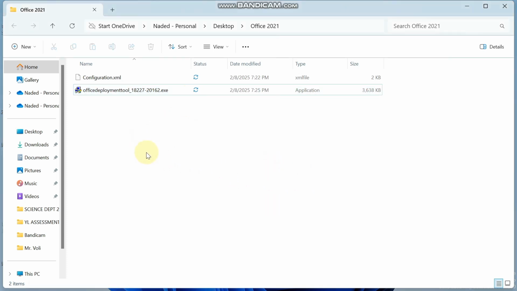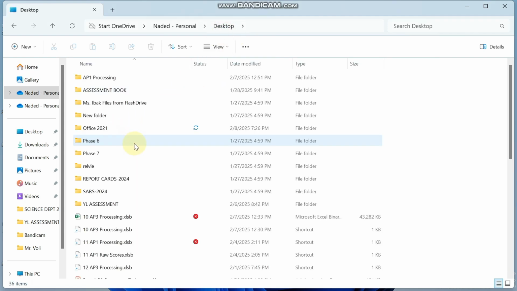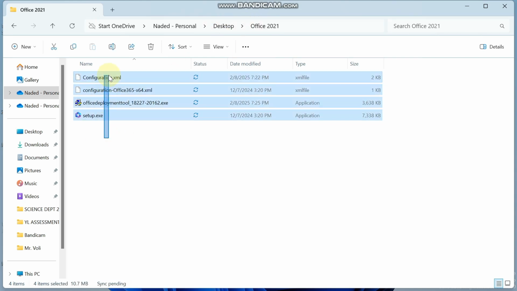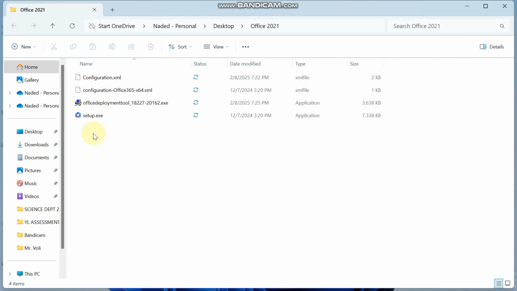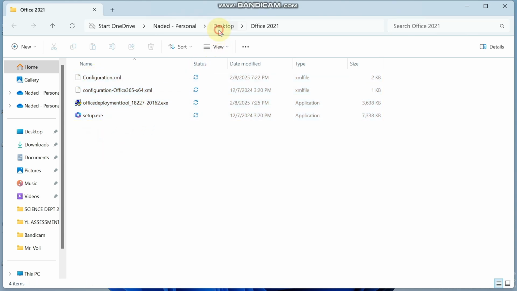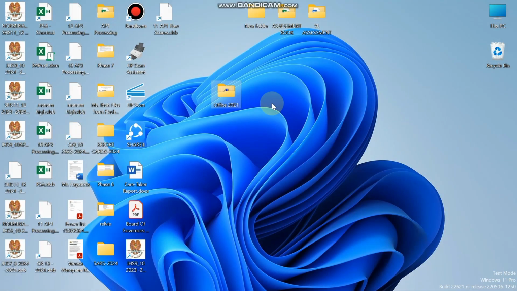Now refresh. Alright, go back to your Office. Alright, in the folder, these are the files that you're going to see, files that you have extracted. You won't need all of them. You will need only two, this one and the one that is at the top, but others you can leave them as it is. You go back to the file and you cut that file folder,